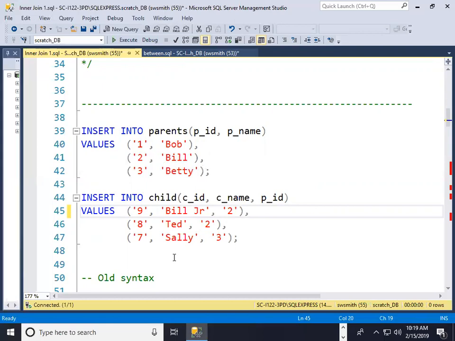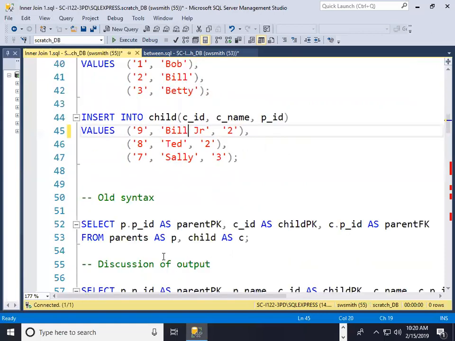But as you can see, I have one parent that has 2 children, one parent that has 1 child, and one parent that doesn't have any children at all. I could have a child with no parent. It's possible to have a child with no parent. There's nothing wrong with that from a database perspective. That foreign key can be null. But I don't have one of those. Now,